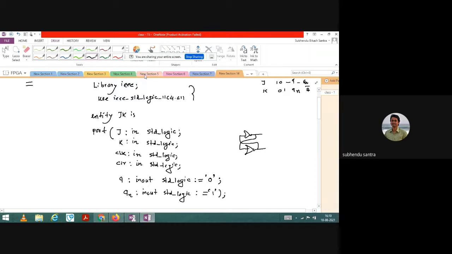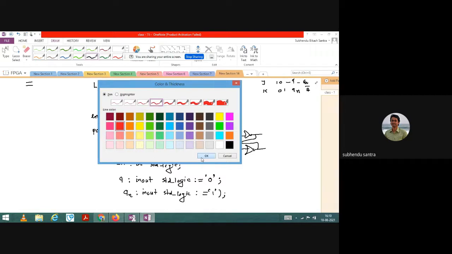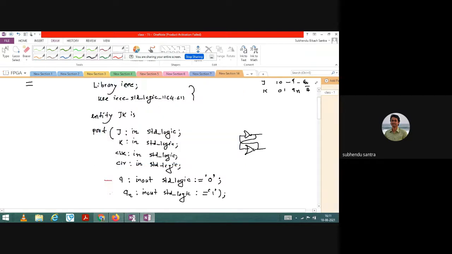You know why? I already told you in the previous class: for an inout signal, either you have to define it, or if you do not want to define it, you can initialize the value. Say the current value is 1. If you do not give any input at the second point, the output will not change, even if there is a rising edge trigger. So you have to initialize the point from where the program should start. If you do not, the program will not execute and will show an error. Here I have initialized it.